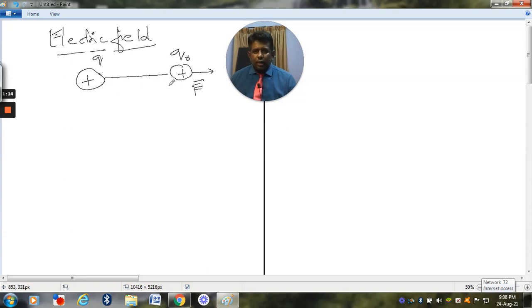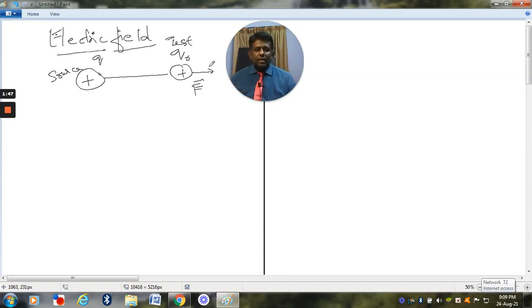See, a force has been generated between Q and Q0. Consider Q as the source charge and Q0 as a test charge. When charge Q is kept in a stationary position, and a test charge Q0 is taken nearby, it experiences a force and Q0 will be pushed away, because both are positive charges. What is happening?